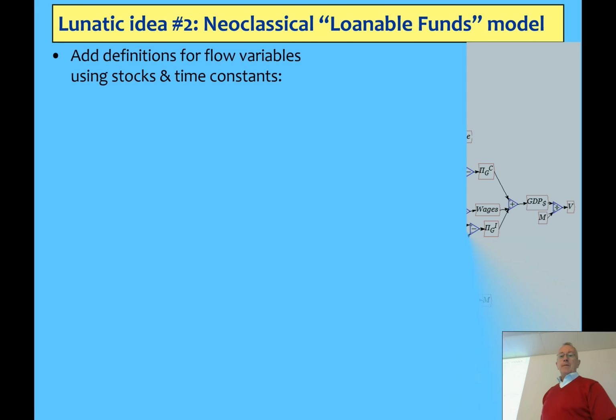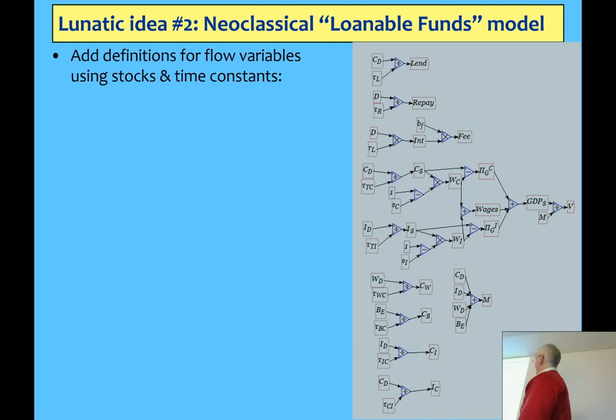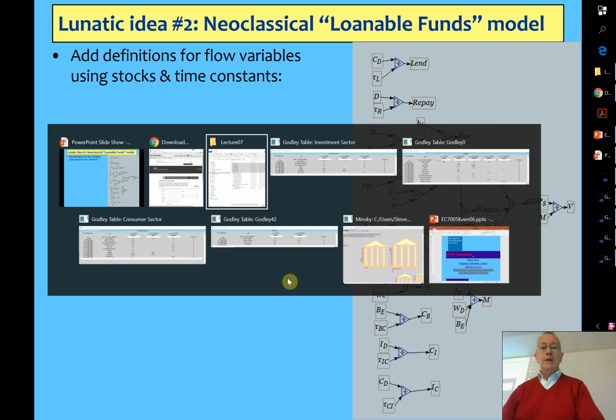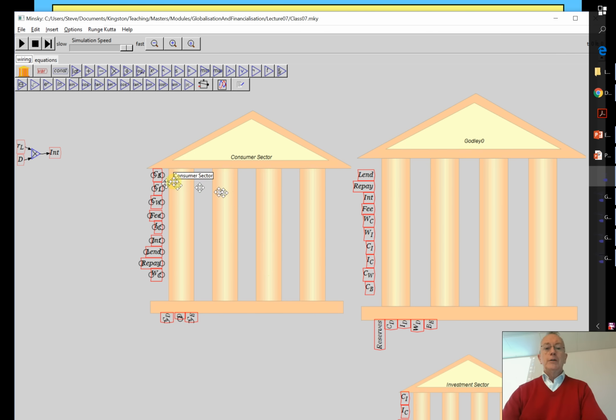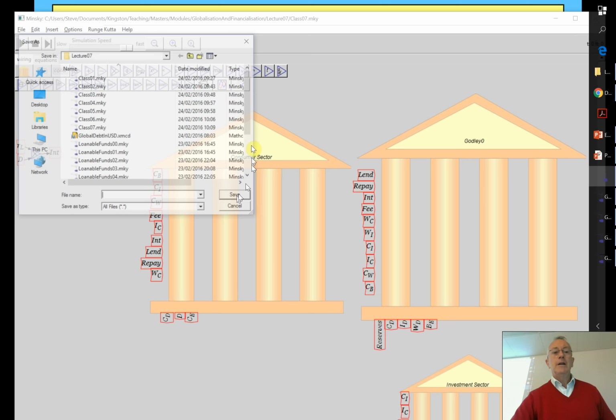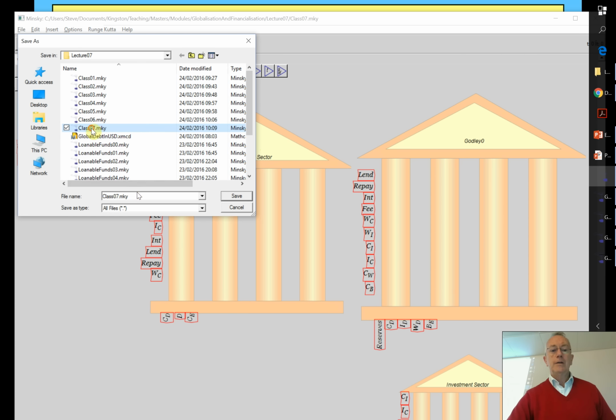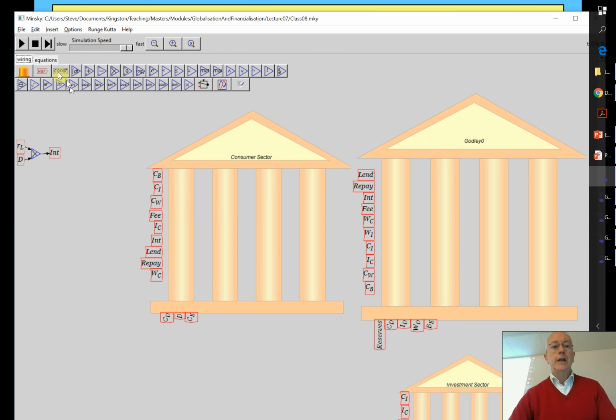Okay, now this is showing you the definitions I've finally set up, but I'll go through defining some in this table over here. So what you need to do is to grab each of these flows and define them in terms of the stock. So if you come over here, I'll notice, by the way, there's another little bug. Notice how that grab cursor there, the square cursor, is there. Something I've done, and it hasn't reset back to the pointer, and that's a bit of a pain. So I'm just going to save this yet again. I'll make it 8, and then shut it down and start again.